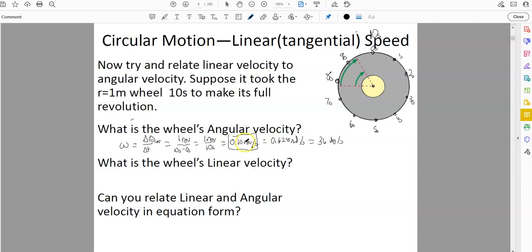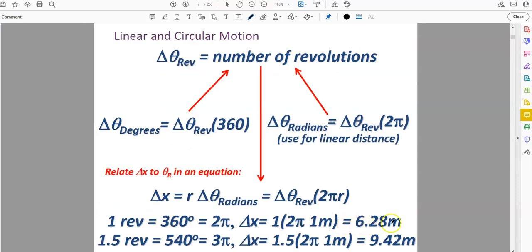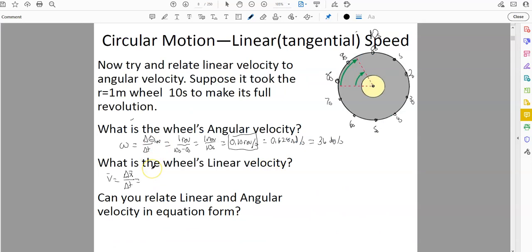Well, let's use this to find the linear velocity, right? So linear velocity is just the velocity that it's rolled through. And linear velocity in its basic definition is the linear displacement over the period of time. Well, in doing this, from the last problem, we found out that it rolled 6.28 meters. One full revolution of a 1 meter wheel is going to be 2 pi